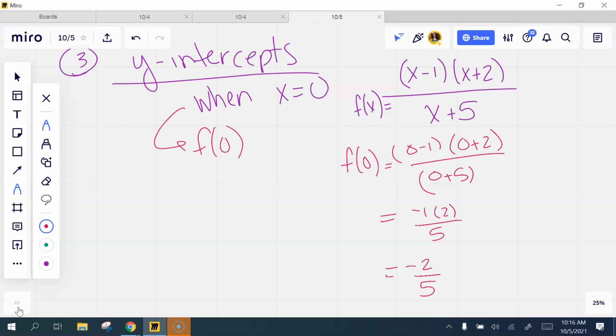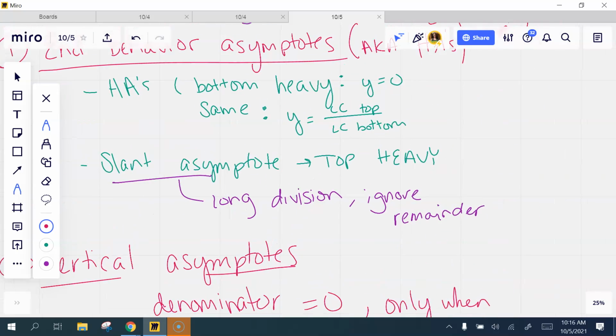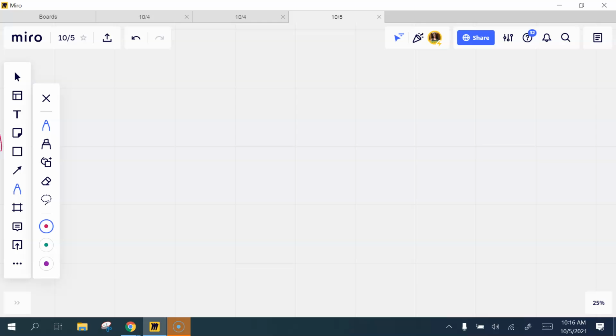All right, so y-intercepts, plugging 0 in for x. Let's look at the very last thing that I want to talk about, and then we'll pull it all together. This is like number 4 on the list of things we've talked about with rational functions. So if to find the y-intercept, I plug in 0 for x, how do you think I find the x-intercept? Plug in 0 for y, right? So we know this happens